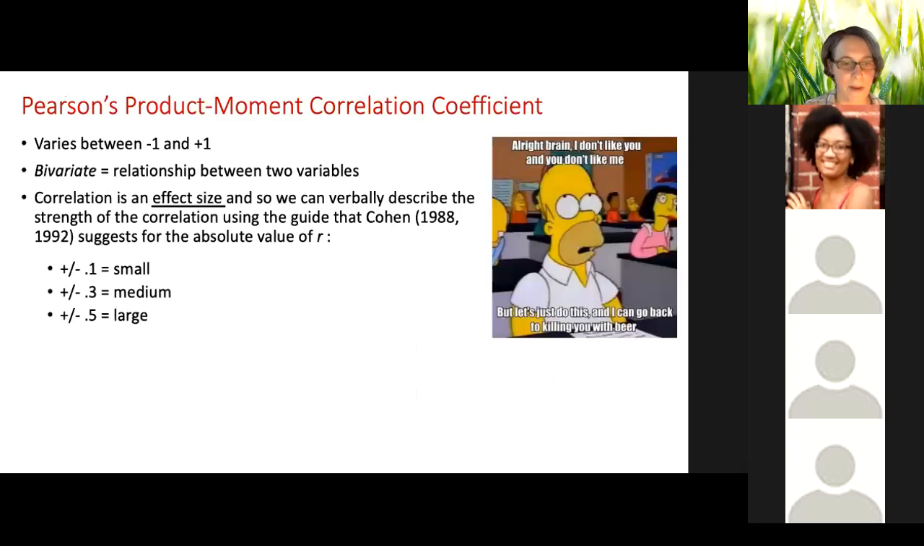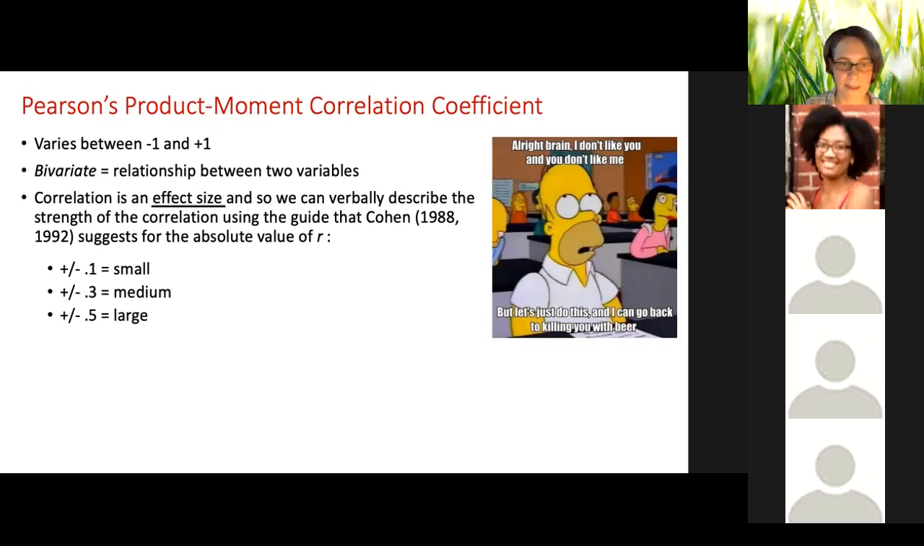Okay, so many good things. We have already mentioned that the correlation coefficient always varies between -1 and +1. Bivariate always just means the relationship between two variables, right? And correlation also has another nice feature: it's an effect size. And there's a rule of thumb or some convention for what R values correspond to what effect size